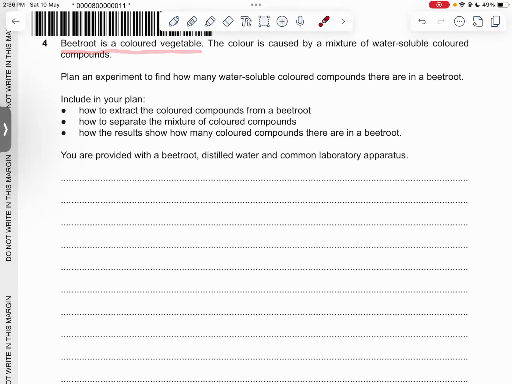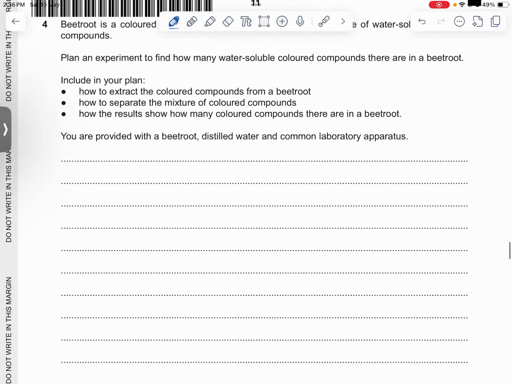Beetroot is a colored vegetable. The color is caused by a mixture of water-soluble colored compounds. Plan an experiment to find out how many water-soluble compounds there are. Yeah, so we know. So we are going to say that